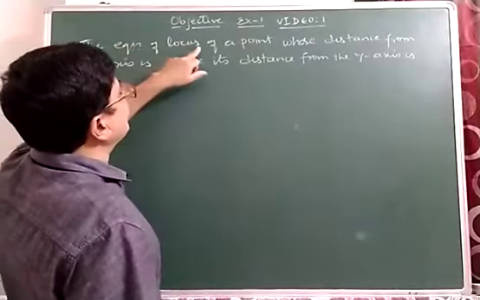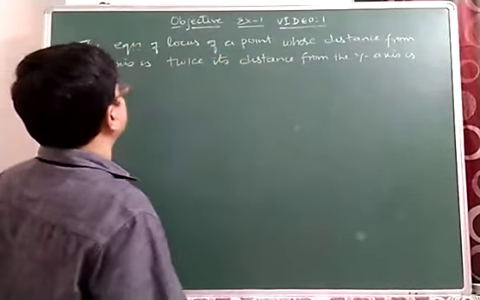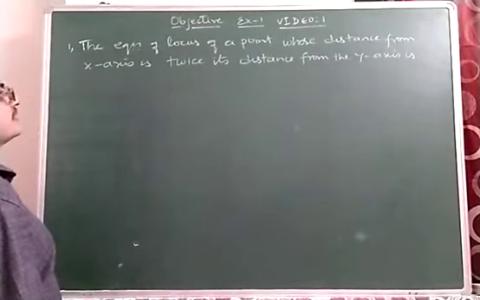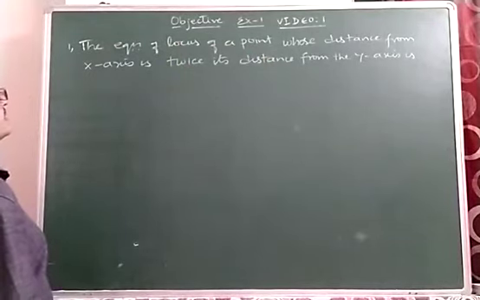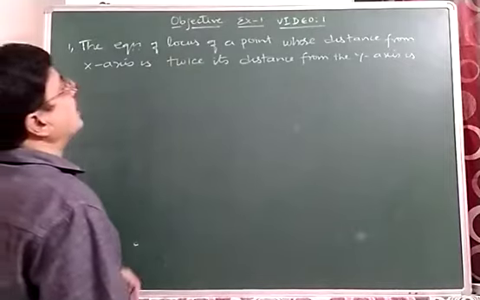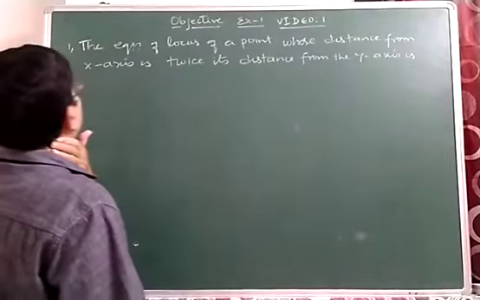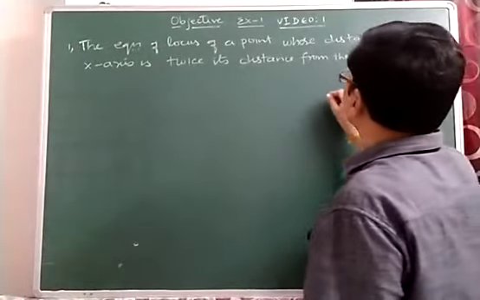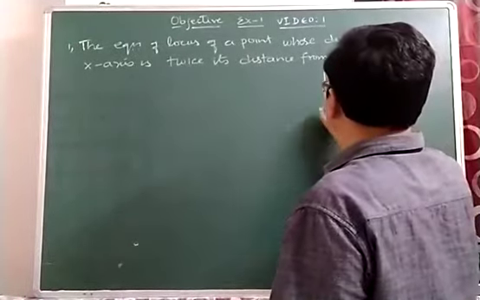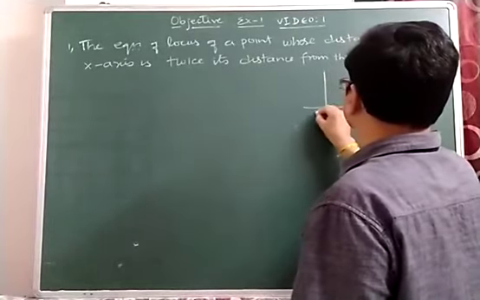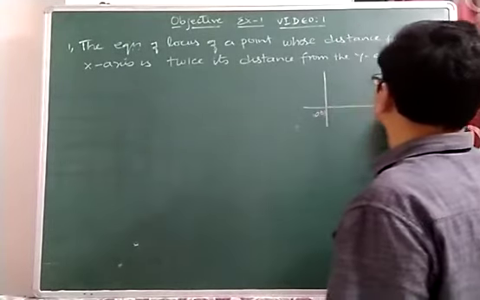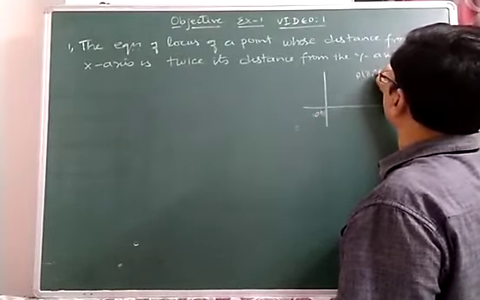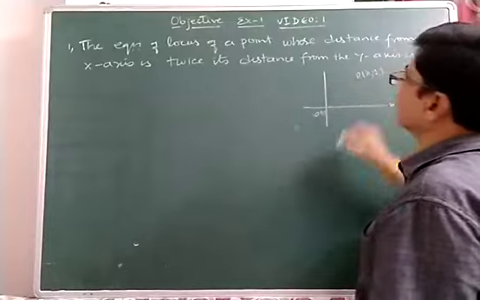The equation of locus of a point whose distance from x-axis is twice its distance from the y-axis is. The equation of locus of a point whose distance from x-axis, that means this is the coordinate axis, origin, this is x-axis. P(x1, y1) is a point on the locus